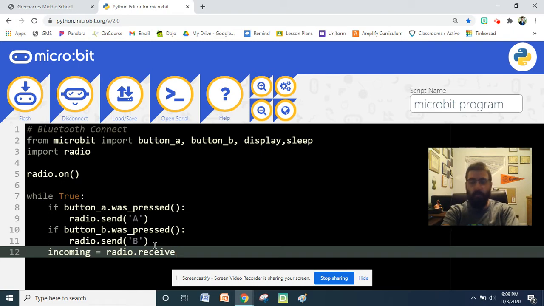Now, be very careful when you're spelling receive. This is an issue that gets a lot of my students, even the 7th and 8th graders. I know you hear the saying I before E except after C. However, R-E-C-E-I-V-E. So basically, anytime a microbit receives digital information, it's going to save that digital information as the variable